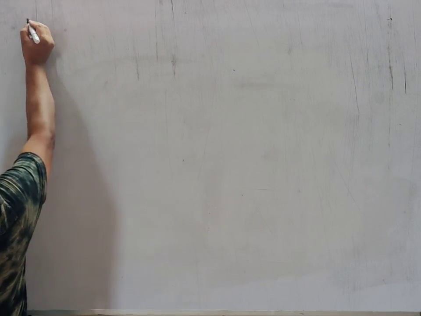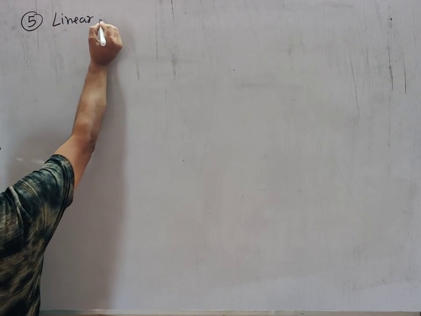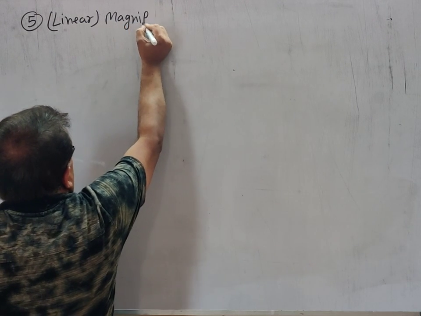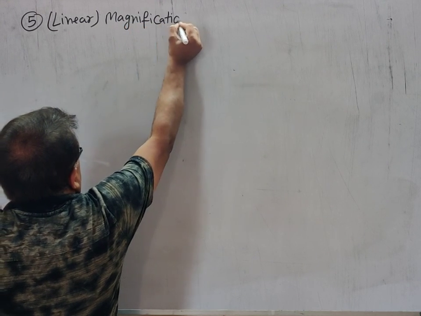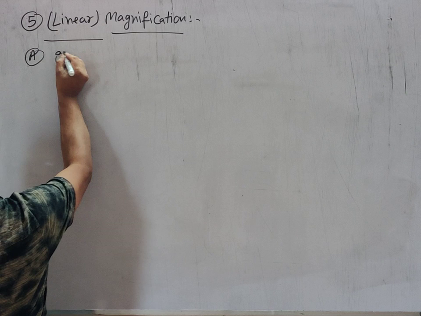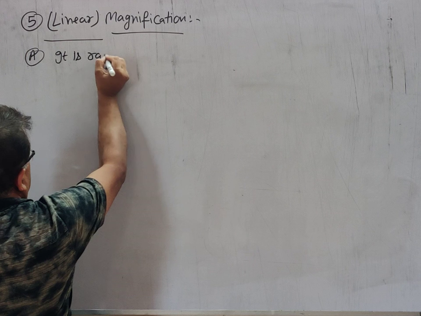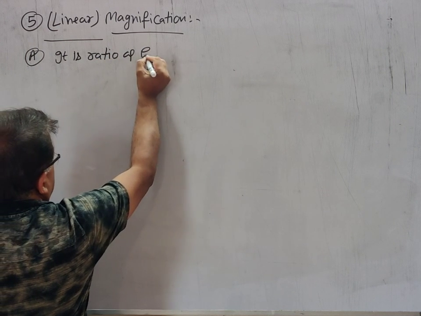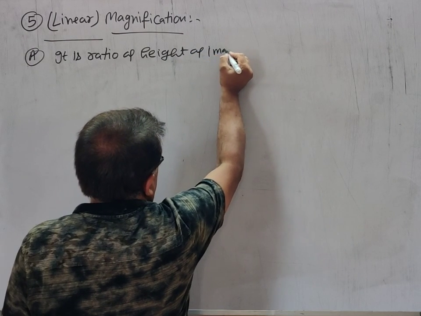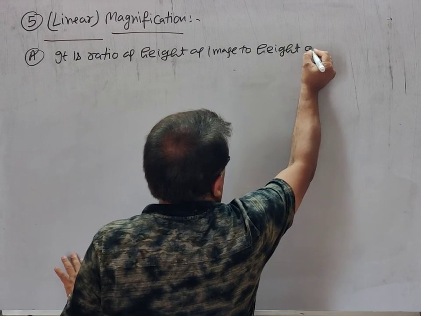Next point is linear magnification, or only magnification. Definition: it is the ratio of height of image to height of object,